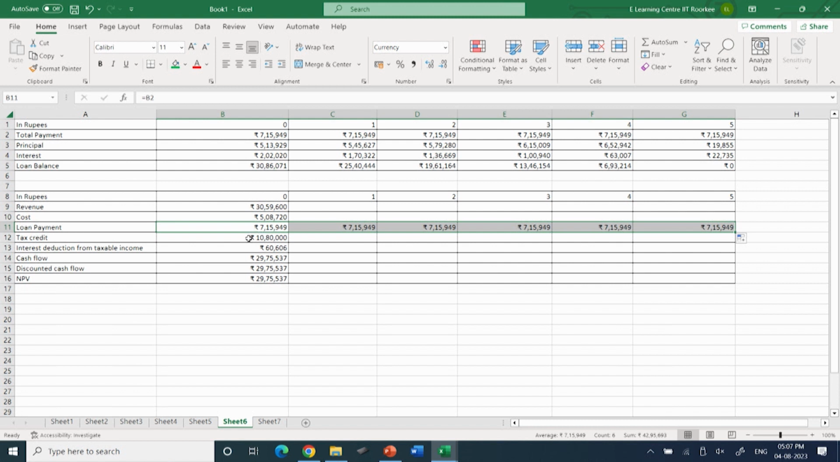Further, the tax code allows you a tax credit of around 30% of the total investment. So we have made an investment of around 36 lakh rupees in the year 0, and 30% of that would be around 10 lakhs 80,000 rupees, and that is what the tax credit I have assumed. Further, you can also